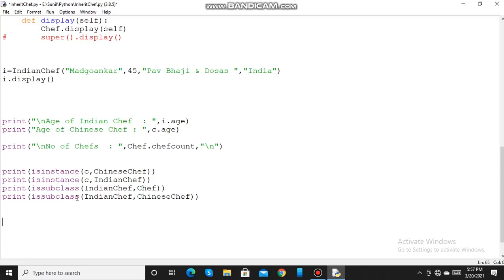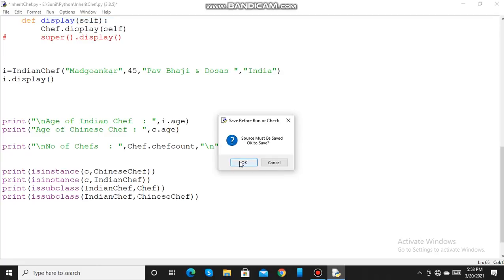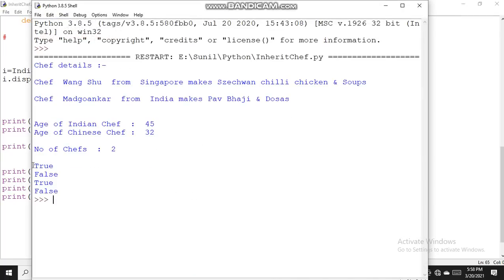Then issubclass Indian chef chef. Yes, Indian chef is a subclass of chef, so it will be true. Then issubclass Indian chef Chinese chef. It is false. So true, false, true and false. So we'll run this. So it has printed true, false, true and false.